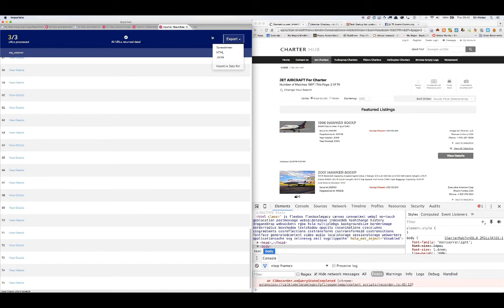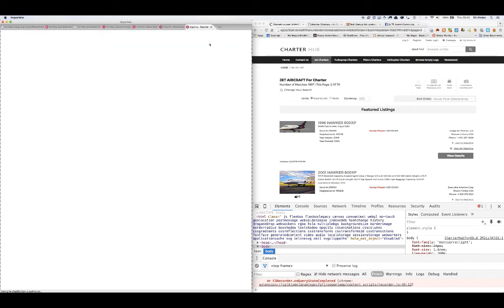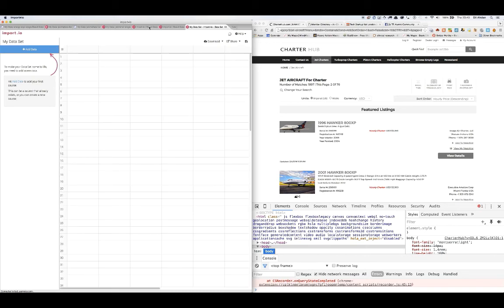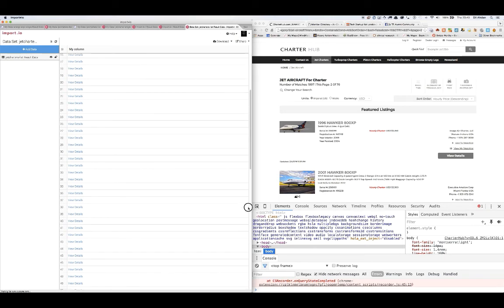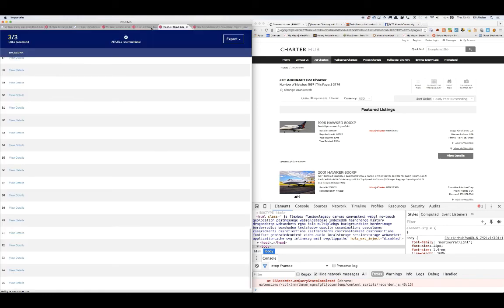Then we could either export that into a spreadsheet or something, or we could reuse that, which is what we need to do, the import.io dataset. In fact, I don't think we even needed to do this stage. Let's see. I think we could have just rerun that original second query. Okay. But yes, this has got it all down here. That's fine. 75, perfect. So what I would do then, I'd go back to